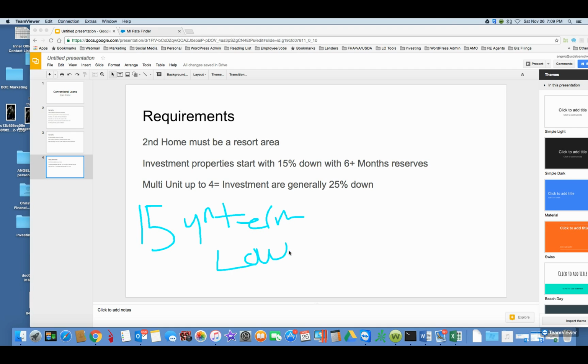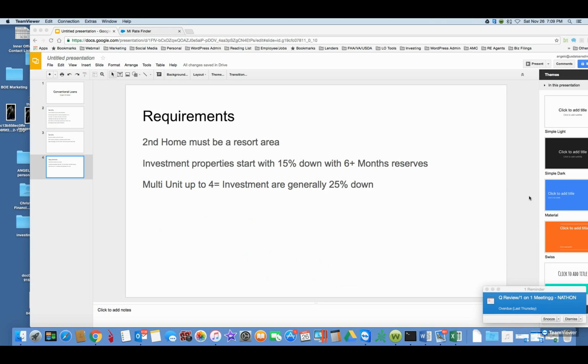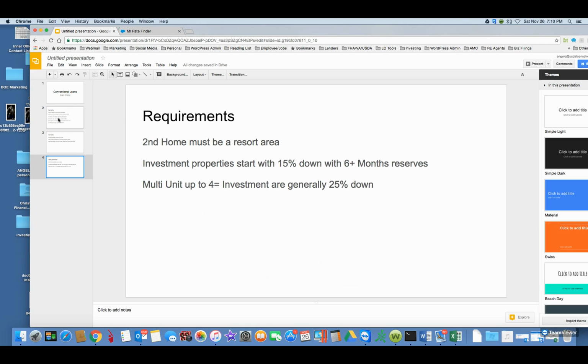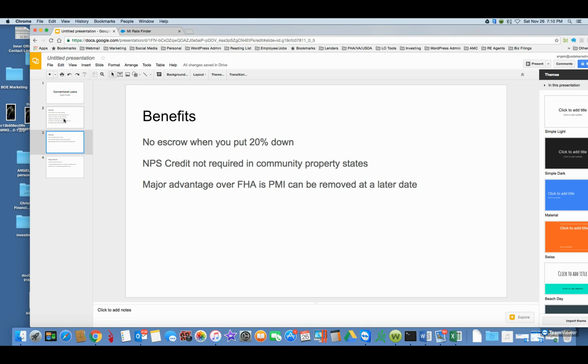Lower PMI. There's generally not an upfront PMI on a conventional loan. Just the FYI. But they're really good programs. Again, the major benefit with a conventional loan over USDA, or I'm sorry, FHA, is that you can have that PMI removed. And so when you compare it, like I say, you do an FHA loan